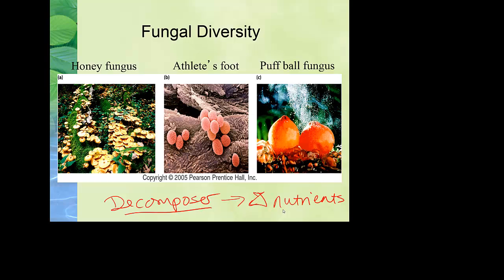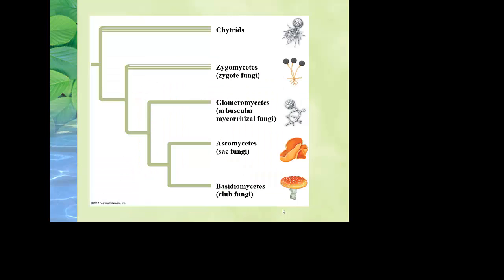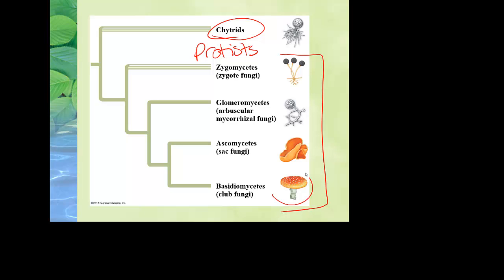At this point, we've identified about 77,000 different species of fungus. So very, very diverse. Now, we've talked about chytrids. We talked about them with protists. We said they are most likely the fungal-like protist that would have given rise to all of our different fungal diversity that we see. Now, the club fungus is one that's probably most familiar to you, but we've talked before about mycorrhizae, so those fungal associations are critical as well, particularly for plant development.